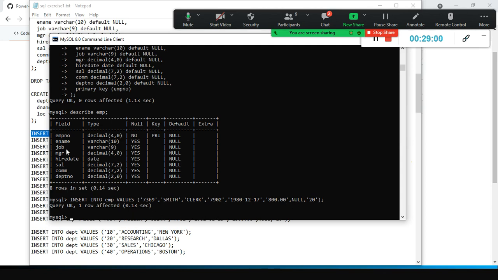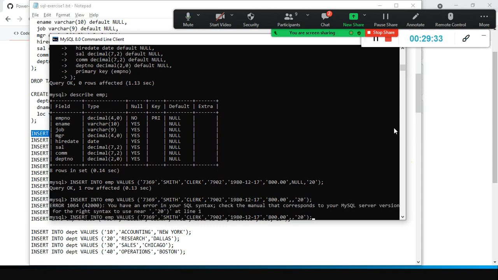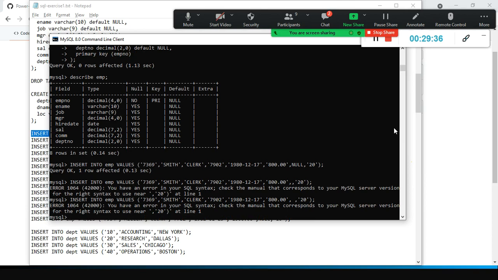See, look here. In a real-time scenario, when you insert data in this table, some columns you may not know the value of upfront, or your manager says some columns you need to assign null explicitly. So in that case, give NULL. All this must be in caps, NULL. That means a blank value. Supposing you don't give a null here, it will throw an error. Look here, it will throw an error. That is the reason why I need to give null here.